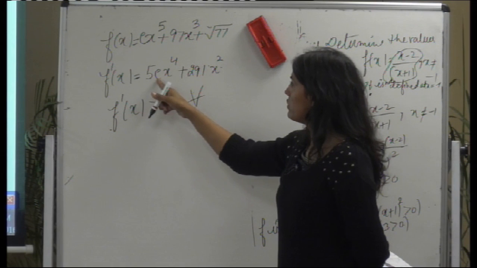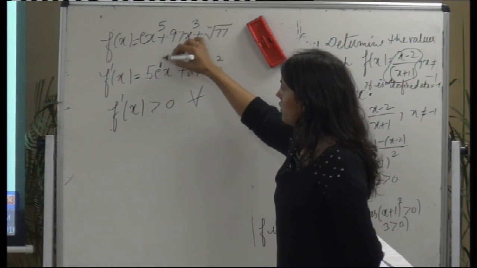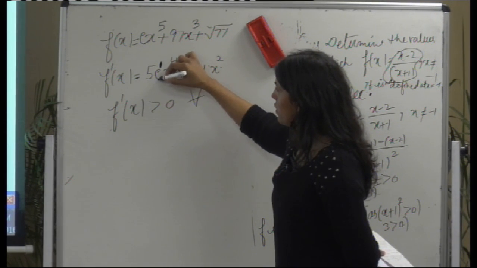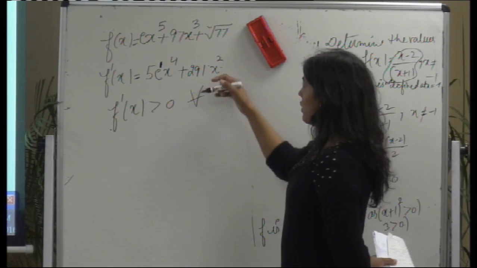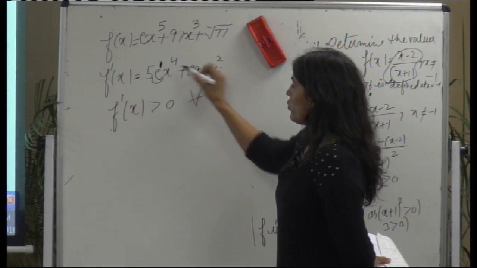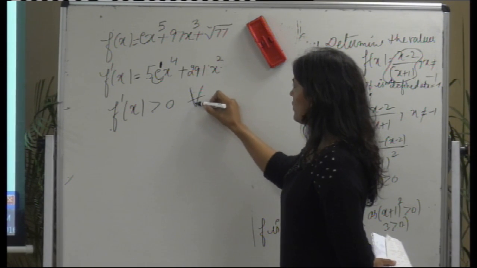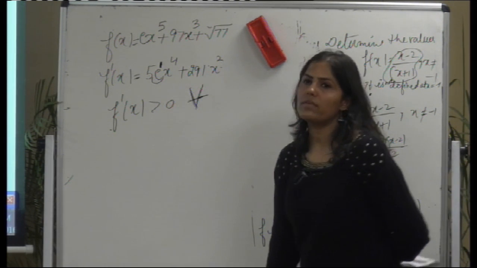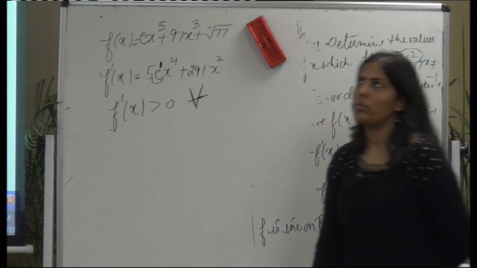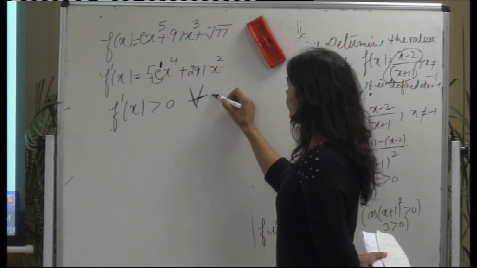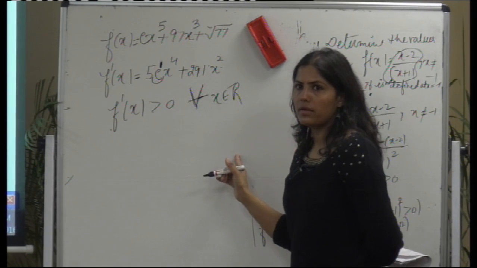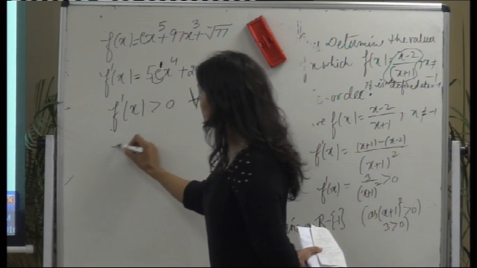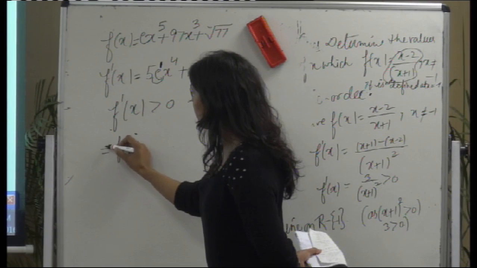This is how much? e to the power 1? e value is 2.71 something. So for all x in R I can write this. Fine. So this implies f is